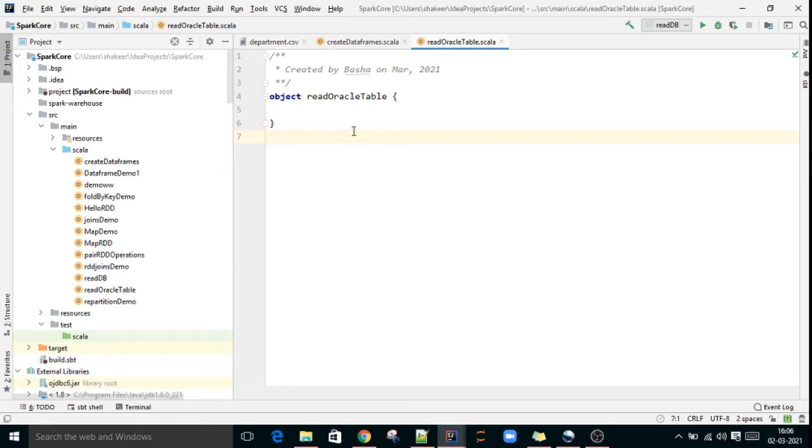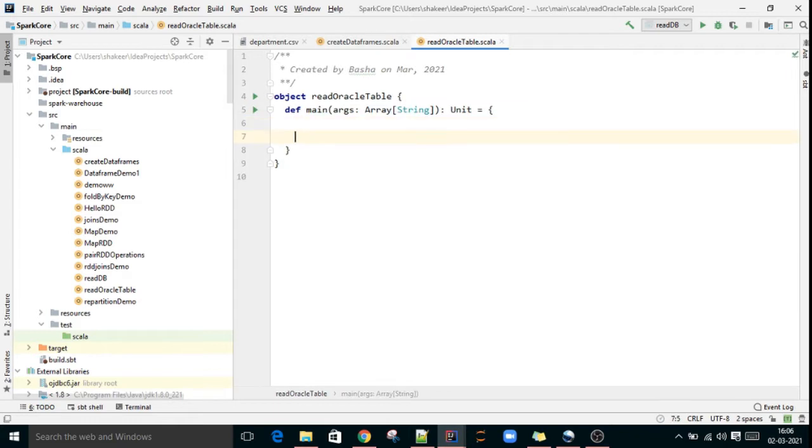Okay, so as usual, I have created a Spark program, read Oracle table. I'm creating main. Spark session I'm creating.